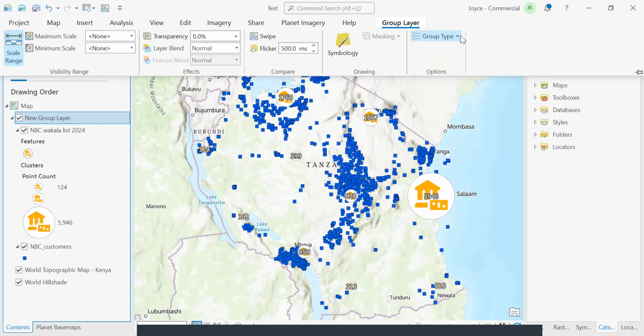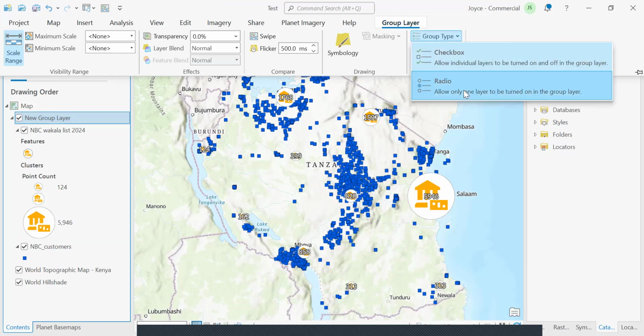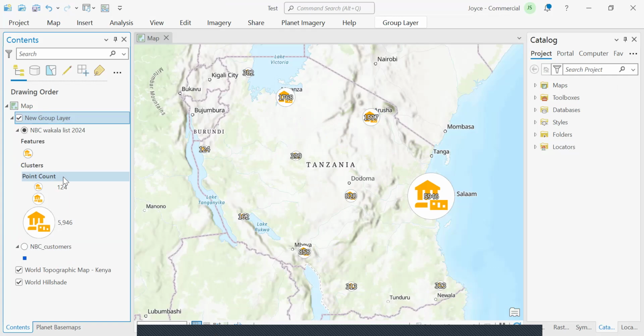Once I click on it, I am able to select radio, which is the one that we are working with today. So we are going to rename this group layer of ours to NBC. And how radio buttons normally work is that you can toggle datasets on and off within the group layer. As you can see right now, we have the NBC color list that is